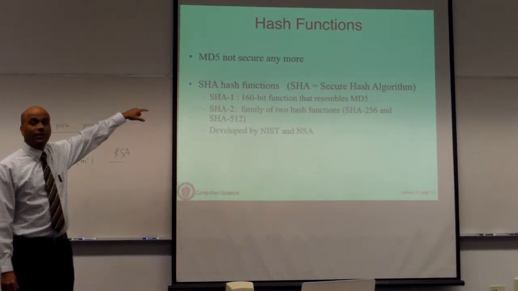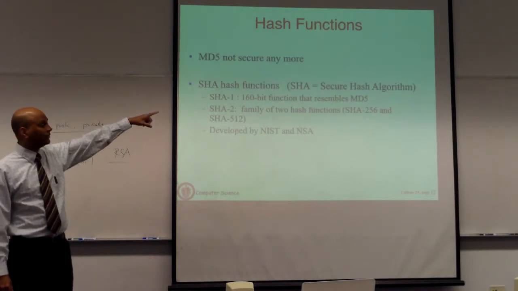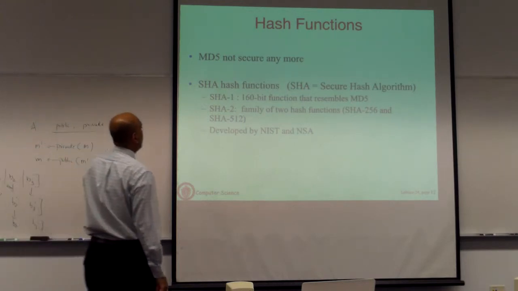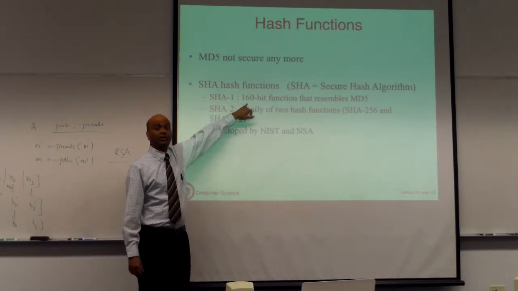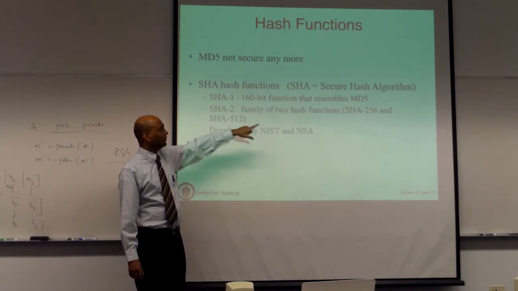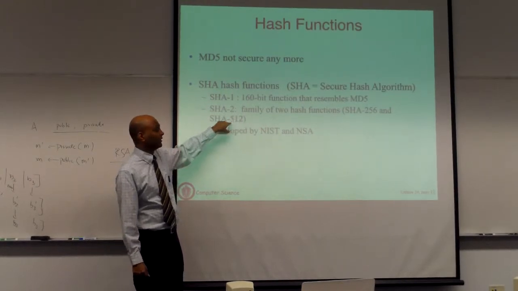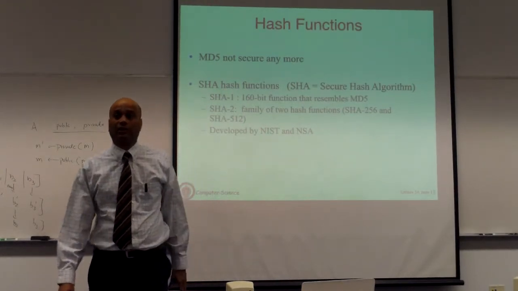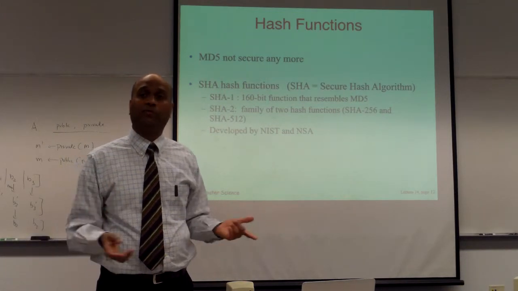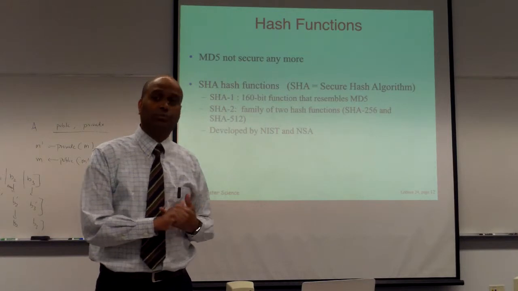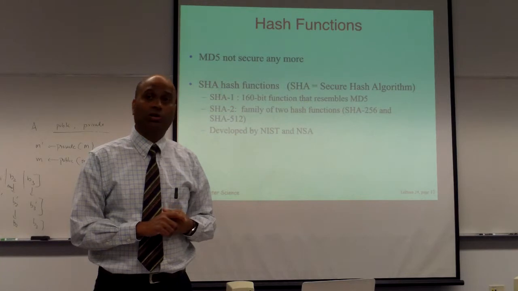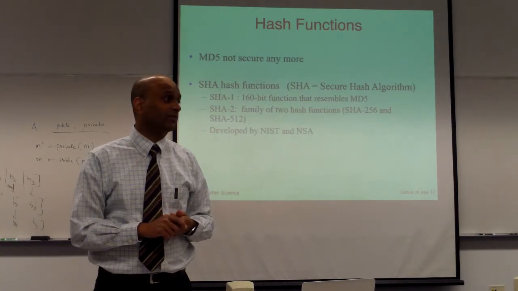The ones that are used today are called the SHA hash functions, which stands for Secure Hash Algorithm. Unlike MD5, which uses 56 bits, SHA-1 uses 160 bits. SHA-2 uses a family of two hash functions. One of them is 256-bit and the other is 512-bit. And SHA-3 and so on. As you use more bits and longer hashes, the probability of collision goes down, and the probability of launching brute force attacks reduces, because you need too much computational horsepower to launch brute force attacks.